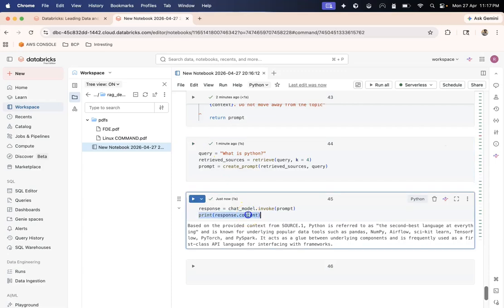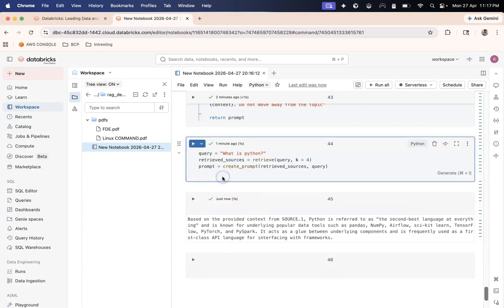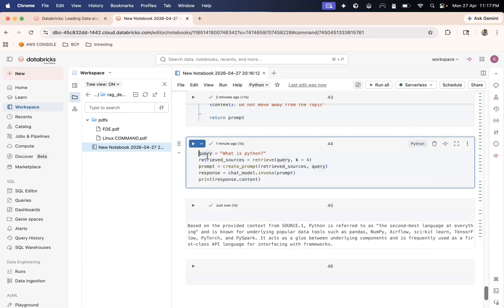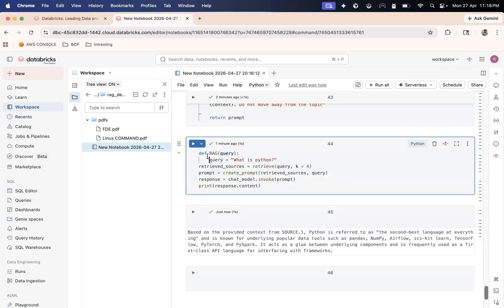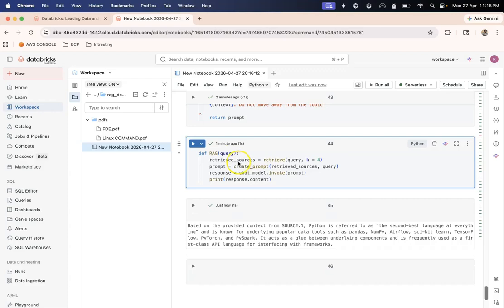So now I can modularize this whole thing. I can do something like define RAG query, and in place of query, now I remove this. So retrieved sources will retrieve from this prompt. Now this is actually an answer, right?